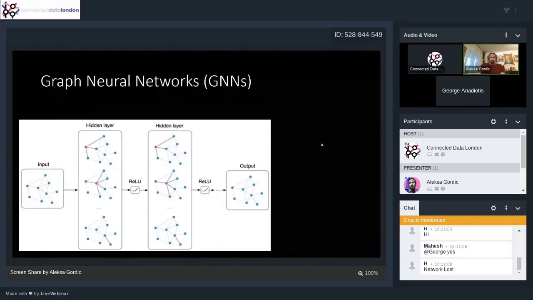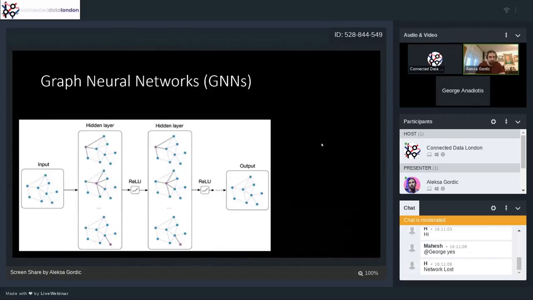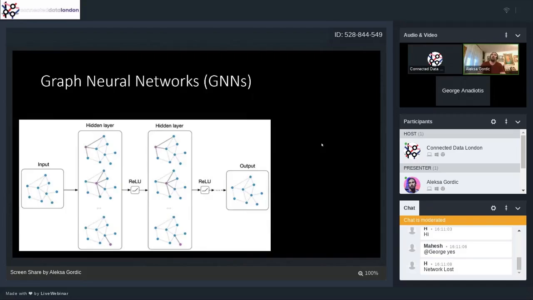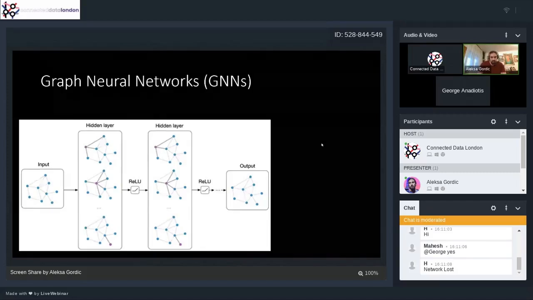So graph neural networks, for now, I'm just assuming this is a black box. Later I'll go into a bit more depth. So basically, you have your graph. You can just think of GNNs as differentiable computing blobs, and that's all. They somehow process it, so you can maybe have some fully connected layers. You somehow transform those graphs. You apply some non-linearities as in other deep learning subfields, and you end up with certain representations.